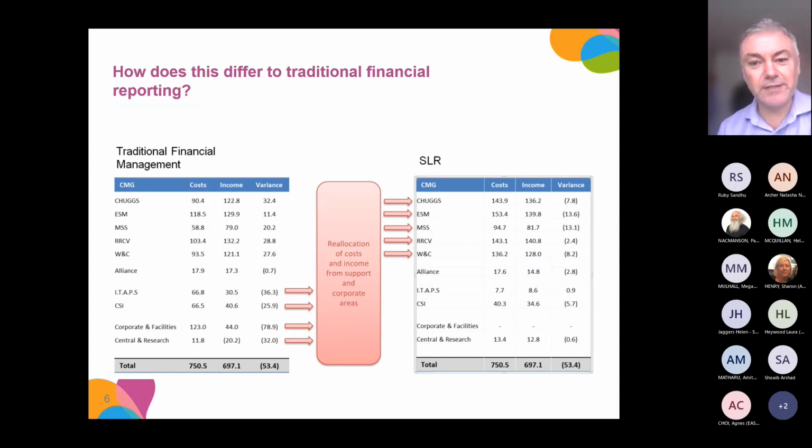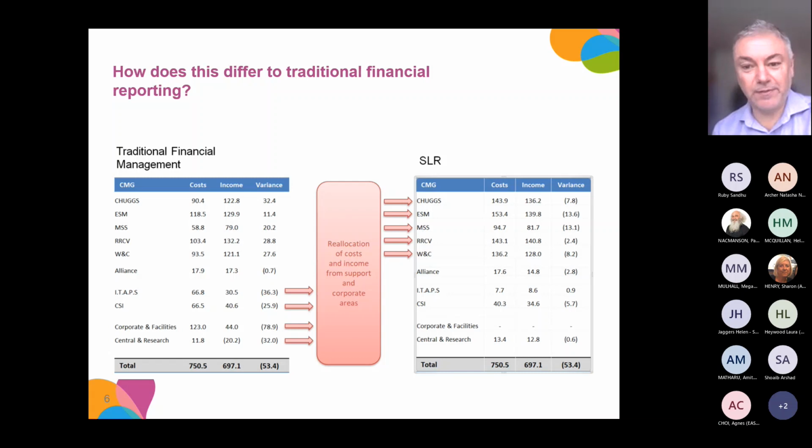With service line reporting, what we do is reallocate the costs of our corporate and facilities. So overheads basically are absorbed into the clinical services, and what you're left with on the table on the right is just a bit in a central fund for the research,